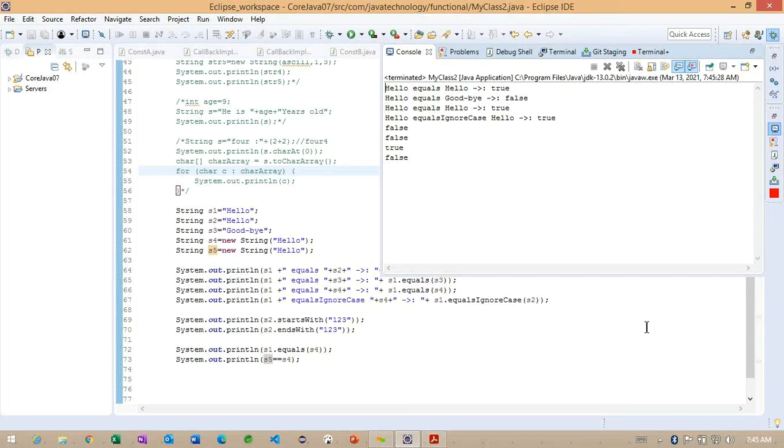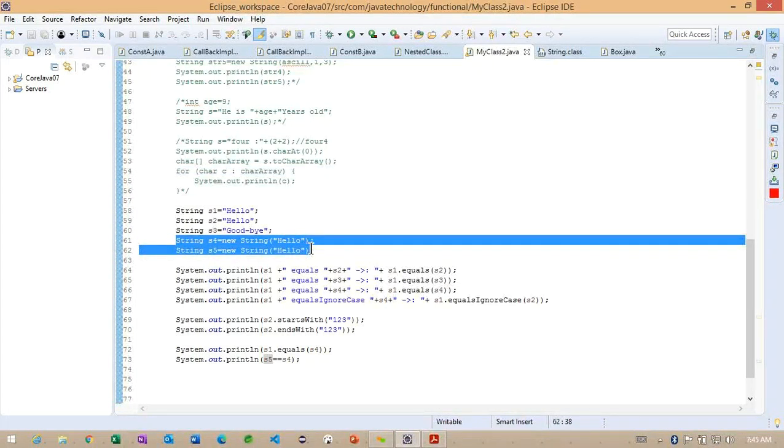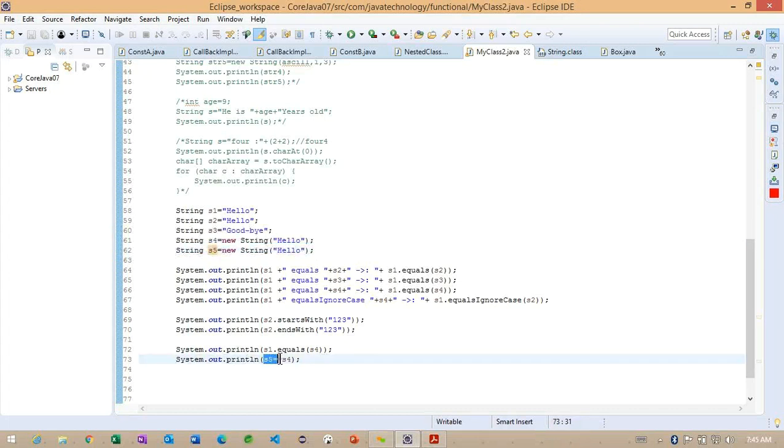Still we are getting false. Getting the point? I just want to specify here, even though we are creating the same constructor, the object will have a unique reference. That's the reason it is returning false every time. Getting the point? This is very important here. In which scenario can we go for object references, and in which scenario can we go for comparing the actual object? That is because of this equals method and the double equals operator.